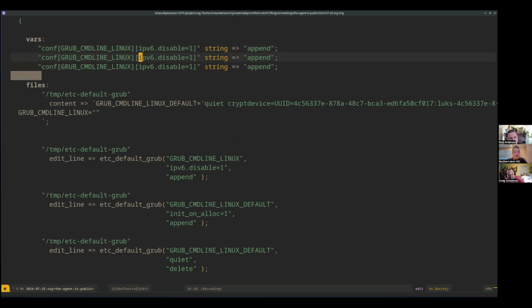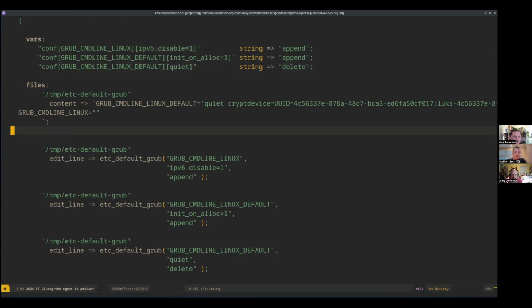Let's see here. So we had IPv6 disable 1, and then we have init on alloc equals 1. And this is default. And then this was quiet and delete. Okay, so if we make that change, and then